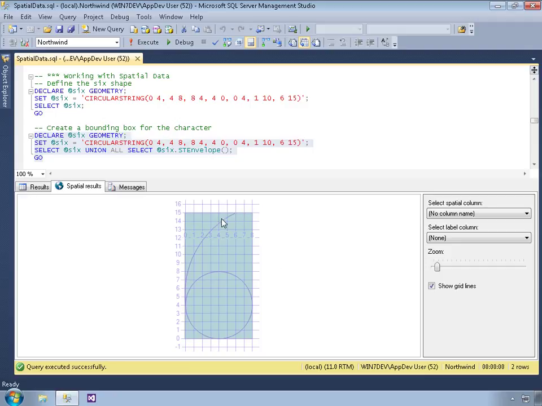So on the interior, I have that same 6 shape that I defined earlier, which is this circular string right there. And then I use the ST envelope method. Again, this is one of the OGC defined methods in order to create this bounding box. Now, a couple things about this select statement. I wanted to display both of the shapes within the Spatial Results tab. And so in order to do that,